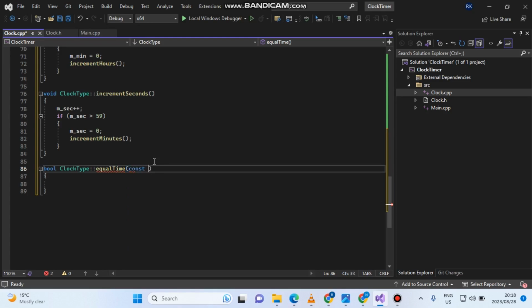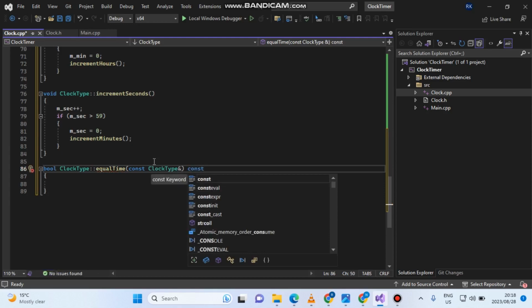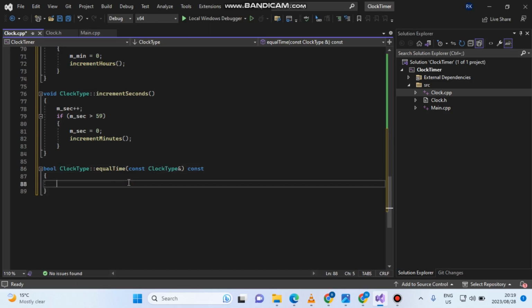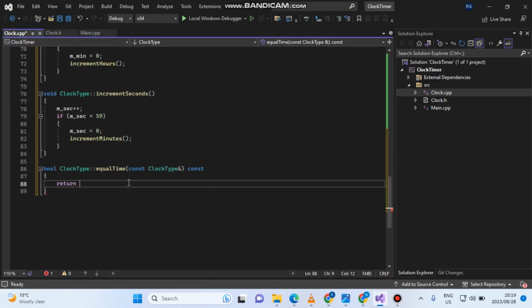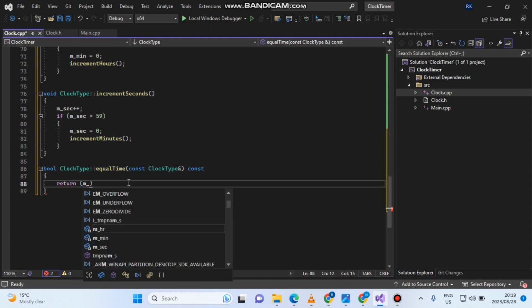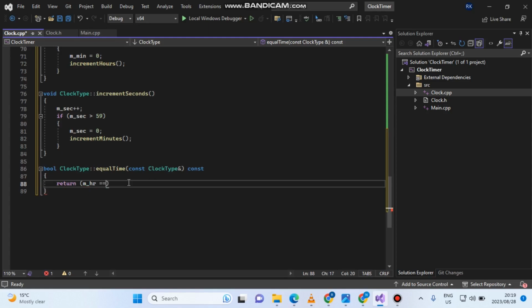This function takes a few parameters. Clock reference and also const. Awesome. Now here you just have to return those operations in this function. So I'm going to say return, and in the return, m_hr equals to